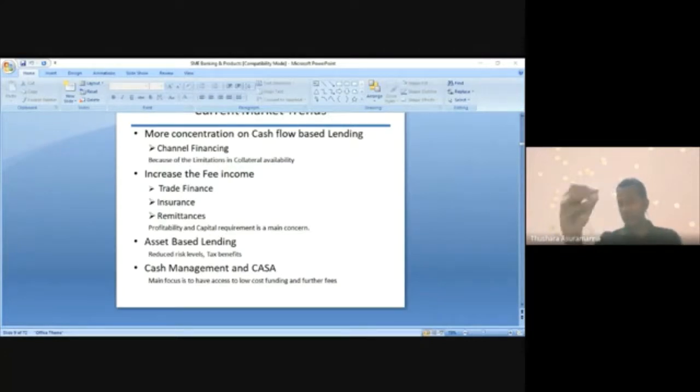So you need to focus on that, mainly due to the importance of cash flow, the importance of fee, the importance of CASA, the importance of liquidity. Earlier, we gave a term loan. Happily, we were waiting. The client comes every month and pays the amount, but you get nothing in terms of cash flows. No income, no float income. Only the NII. Even to date, interest rates have come down. Our cost has gone up. Margins are very thin. So you can't survive only on long-term financing. So more focus on working capital, cash flow-based lending.